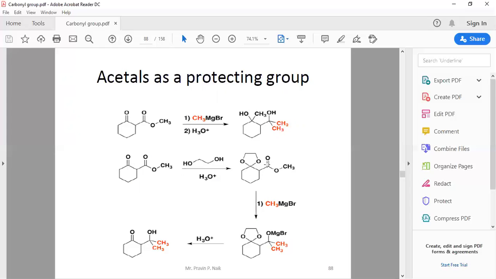And then if you see the second carbonyl, the carbonyl group of the ester is unprotected, and then in the second step when I add Grignard reagent, it will react at this carbonyl group and reduce it to alcohol. So when I'm using acetals, my first carbonyl group is protected and it is not getting reduced to alcohol. Instead, only the specific expected or desired carbonyl group is reduced to alcohol. So that is how acetals work as protecting groups.